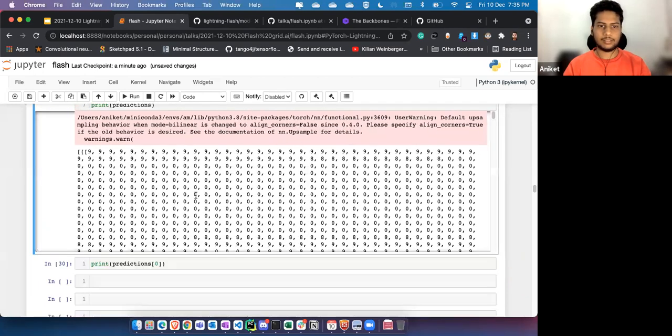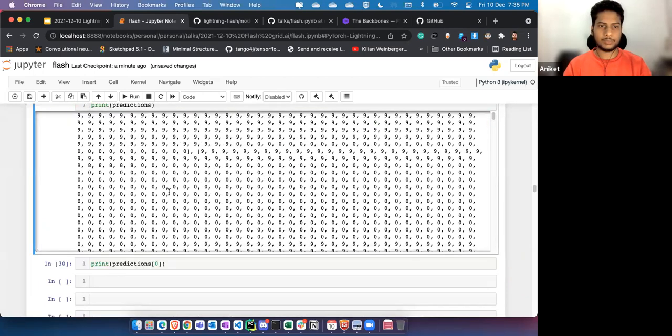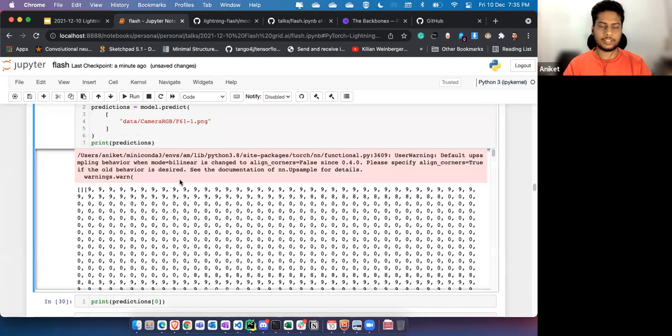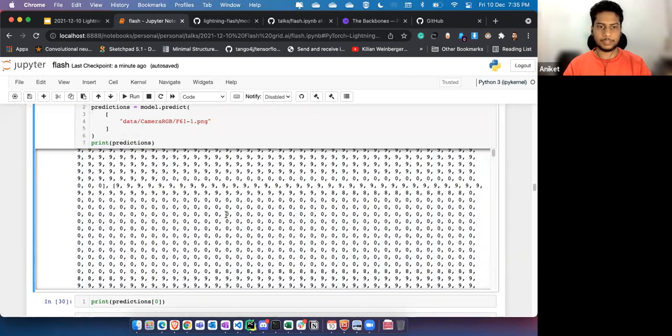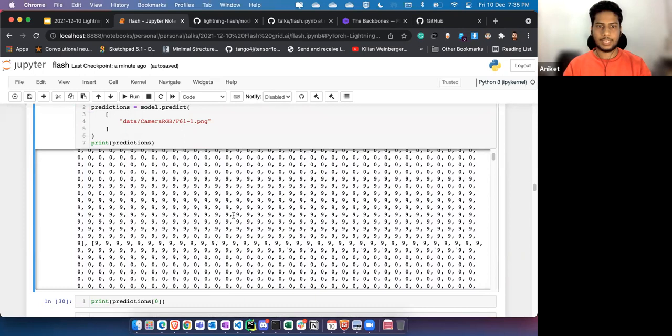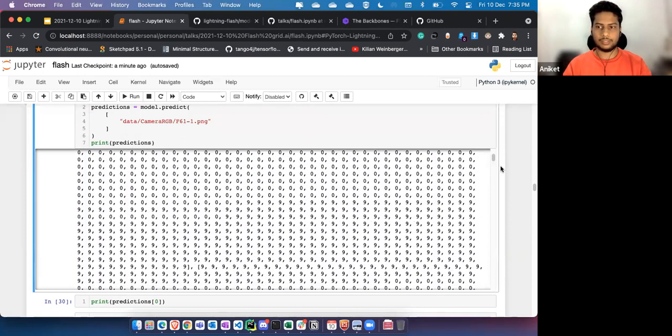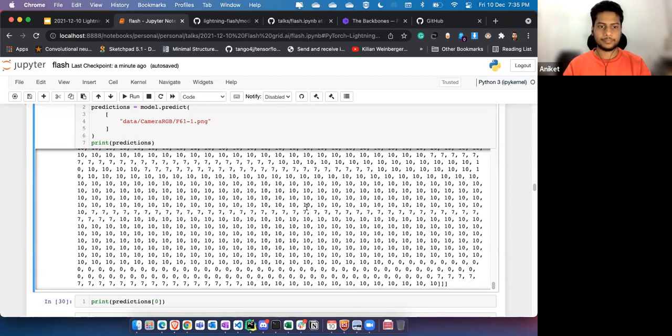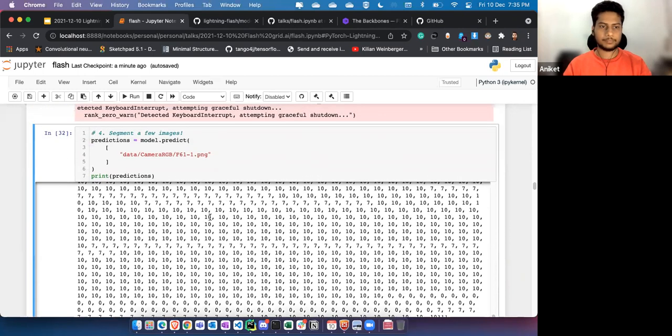And this is an output image, because in semantic segmentation, you provide an image and you get a segmented image. So this output is an image, and basically pixels of the whole image.